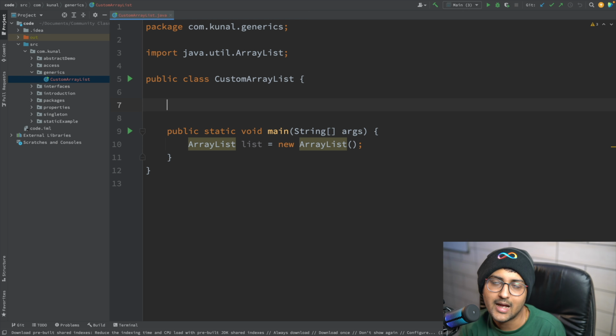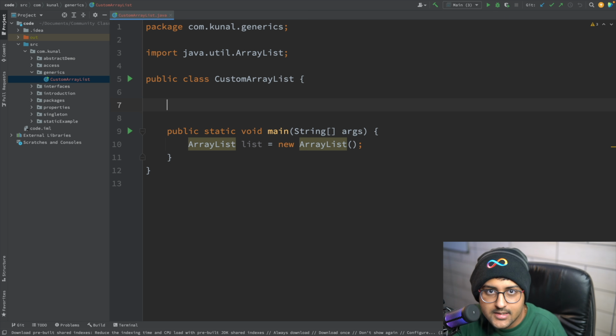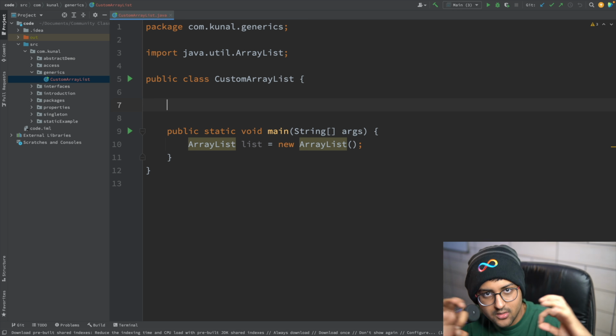For example, if your ArrayList has a size of 10 and you insert 10 items in it, then you try to insert the 11th item, it will insert it. Outside you will see that it's inserted. Internally it will make a new array of size 20, copy all the elements of size 10 inside that new array, and then insert the new element. This doubling happens again and again, so it grows exponentially. So it's amortized, or on average taking constant time only.